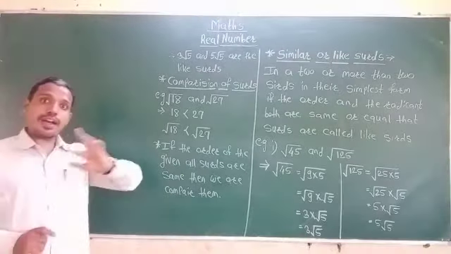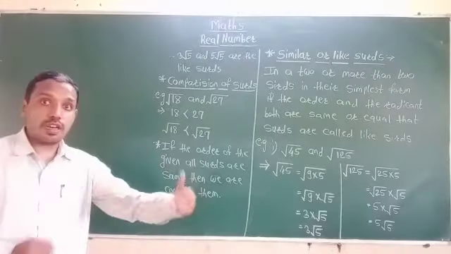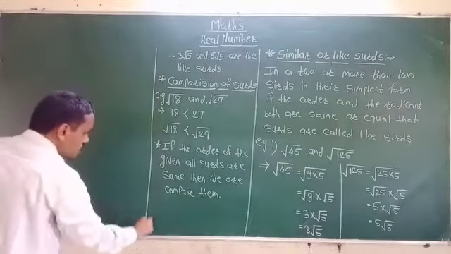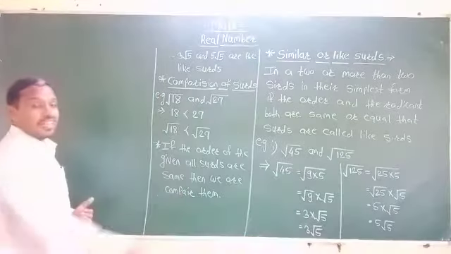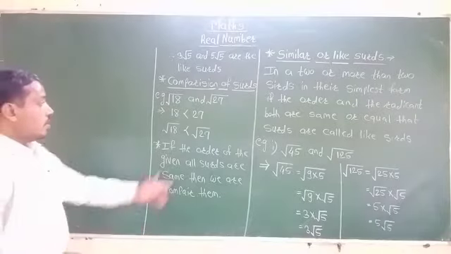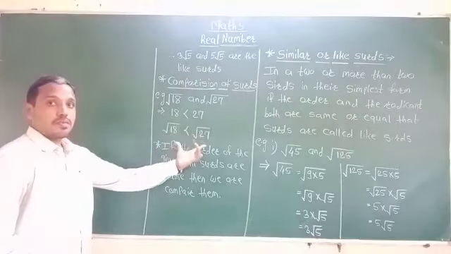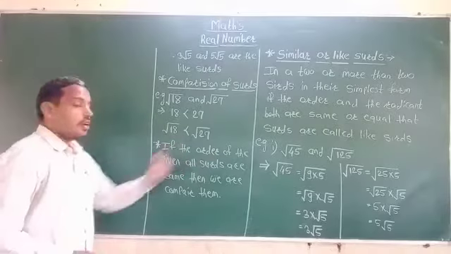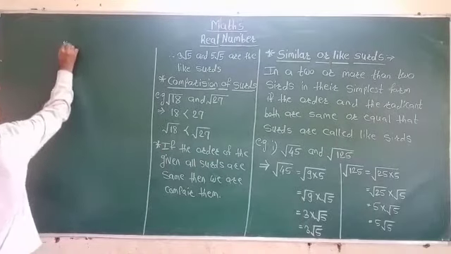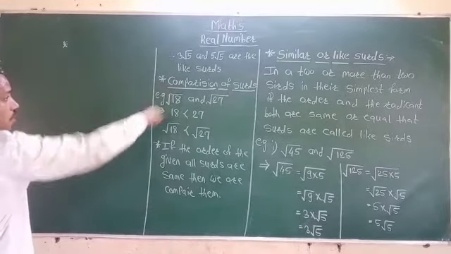And if the order are not same, we will discuss that next time. So we can first discuss if the order are the same, and if the order are the same, then we can compare the surds by the value of the radicand. So that is how we can get the comparison of the surds.